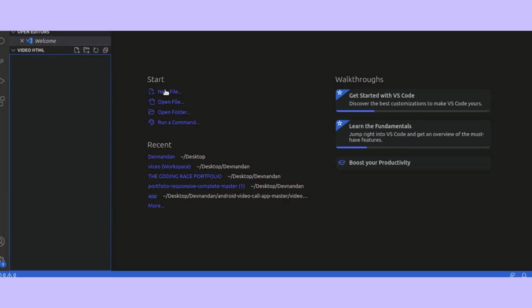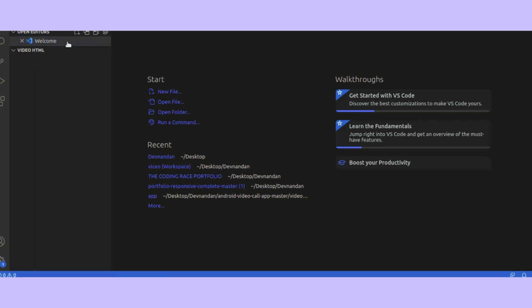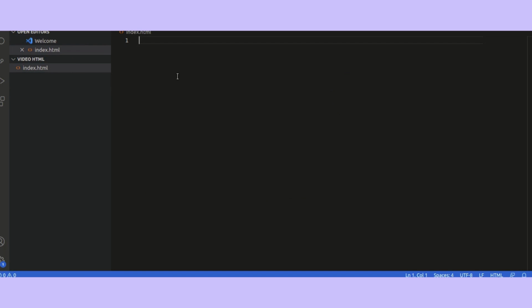You can see this new file. Just click on it and just type index.html. Just enter. So here we will type the items which we want to add in our HTML. Okay, so I'm going to type